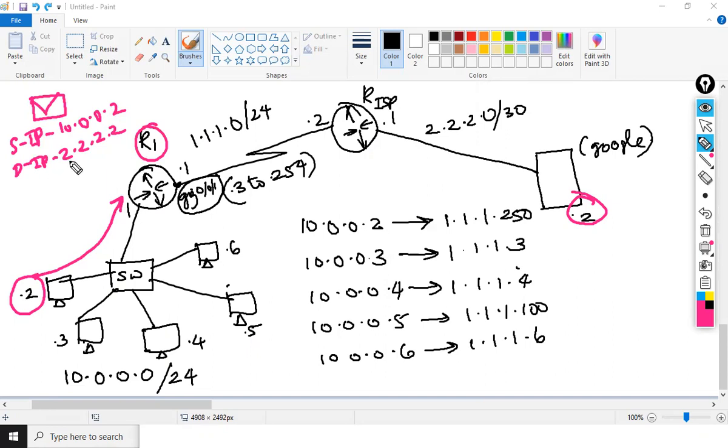R1 is receiving it via the inside interface, and he will check and come to know that the packet needs to be sent to the outside interface. If the packet is coming from the inside and needs to be passed to the outside, then he knows the NAT translation needs to be done. Then he'll check this table called the NAT table, and he'll come to know the source IP 10.0.0.2 needs to be translated to